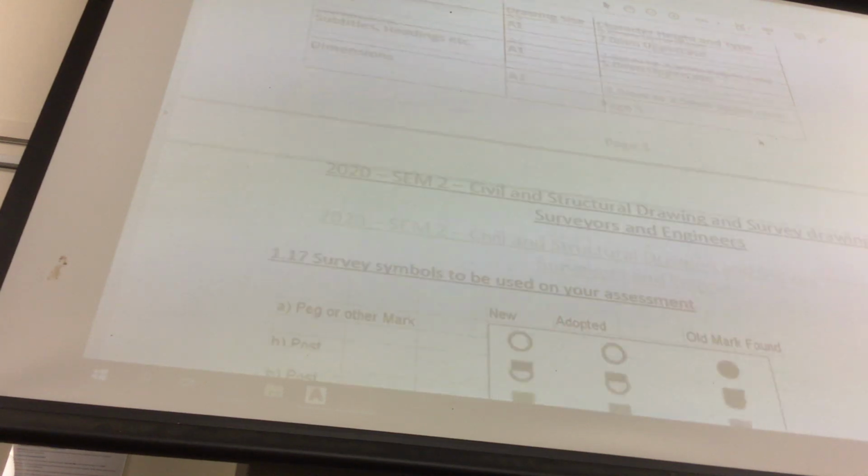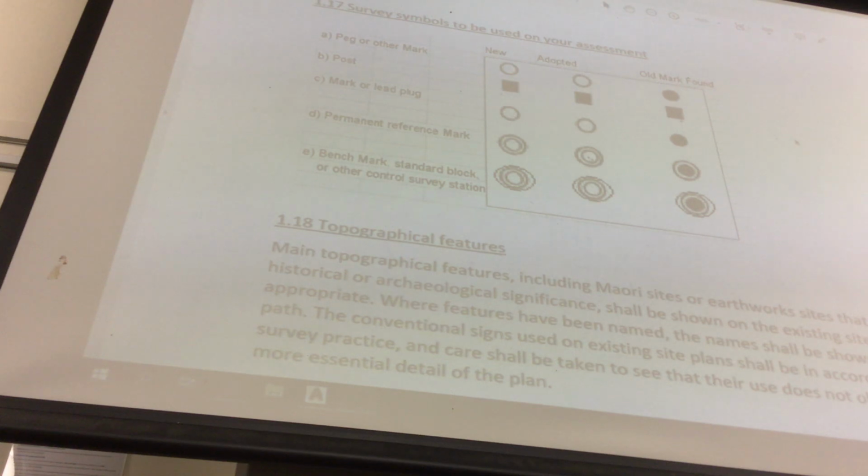Okay. There are some other notes there. You have got survey pegs, which are circular, and like last semester, they will be the same height as the 3.5 text works out to be. There's some notes there on topographical features,